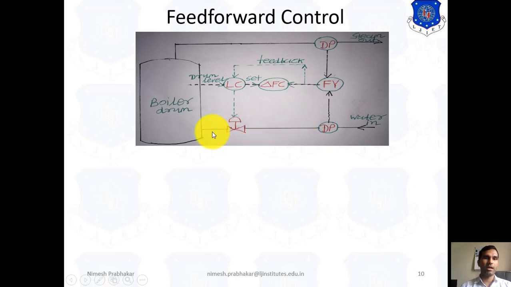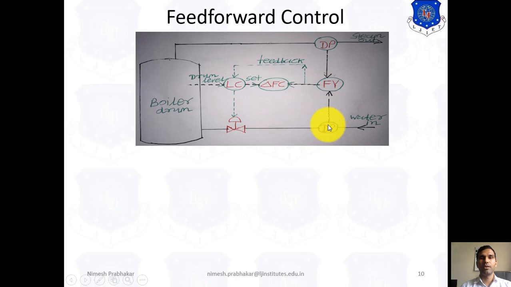So here we add water, and this is a valve. That means here we control the feeding of the water by using this. The flow of water is controlled by using this valve. So this is a control valve, and this is a level controller. That means inside this water level controller, and this DP, this DP indicates the pressure.